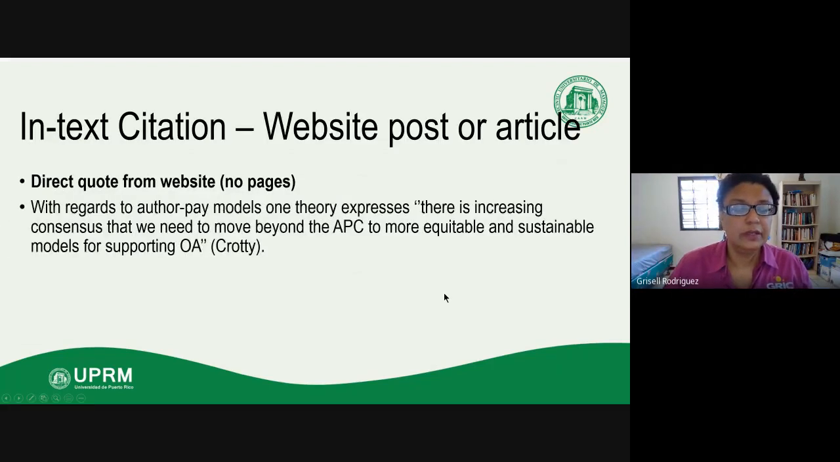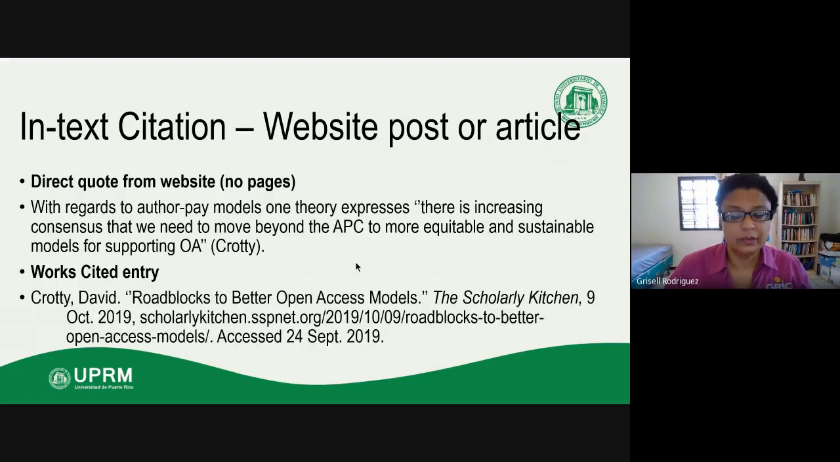If you're writing in your paper an in-text citation and you are quoting from, let's say, a website post, then you would quote, right, put in quotations, that particular phrase from the author, and you would add the author's last name in parentheses. In your works cited entry, this is what that would look like. So your professor would read this in your paper and then would go to your works cited list and look for the author here